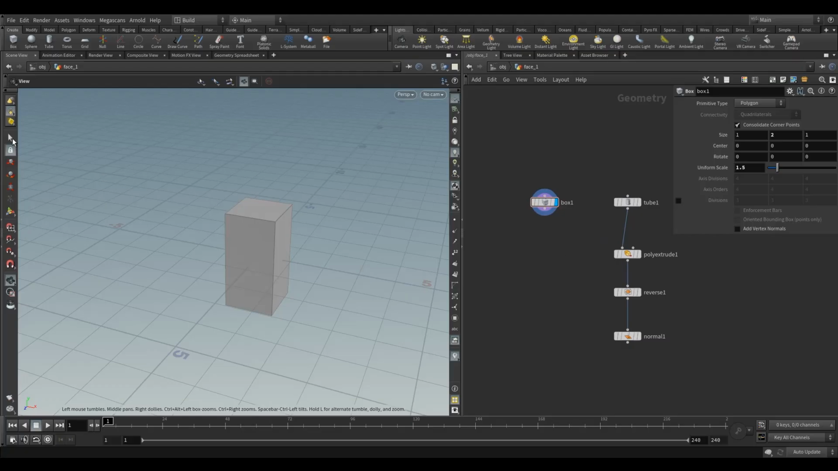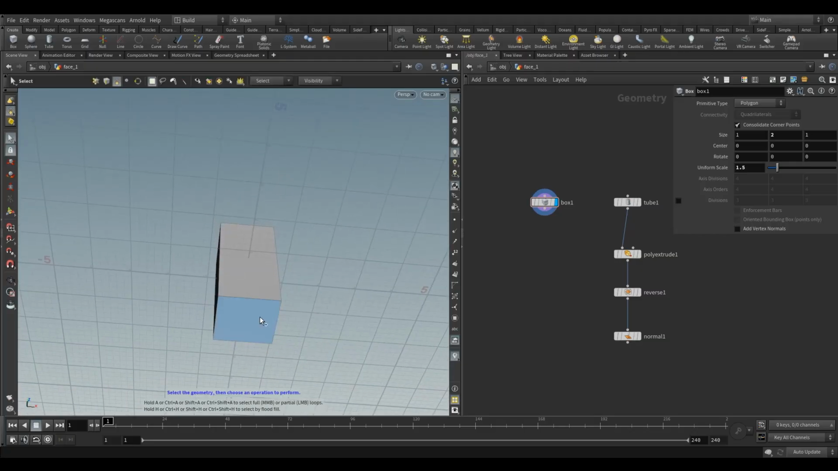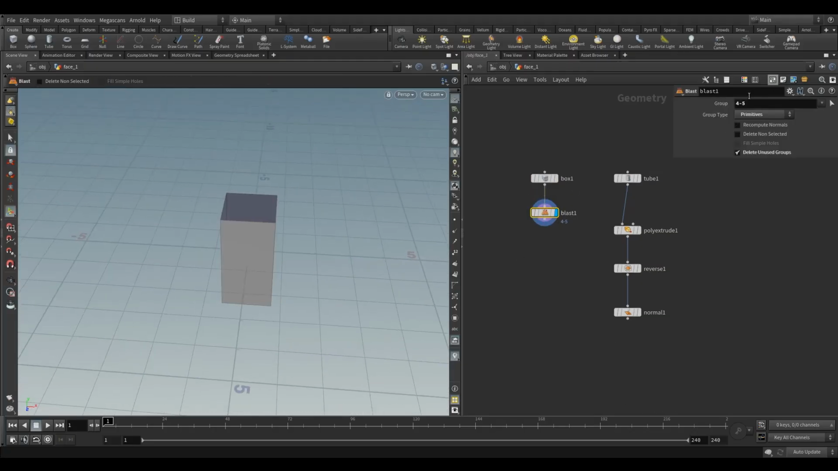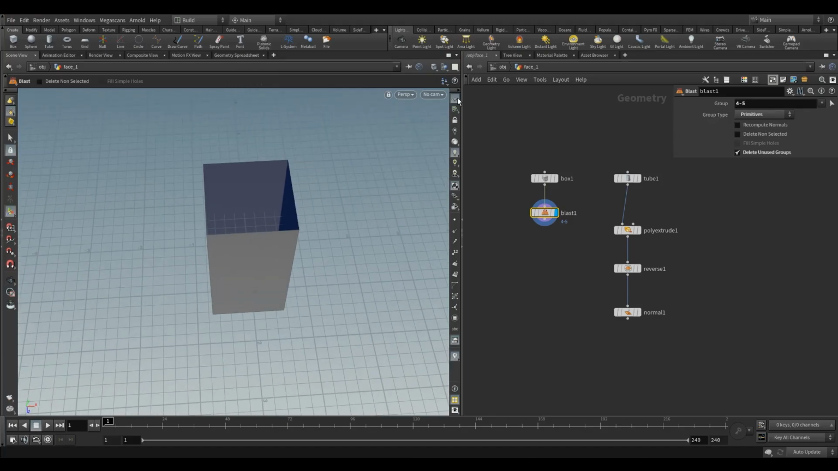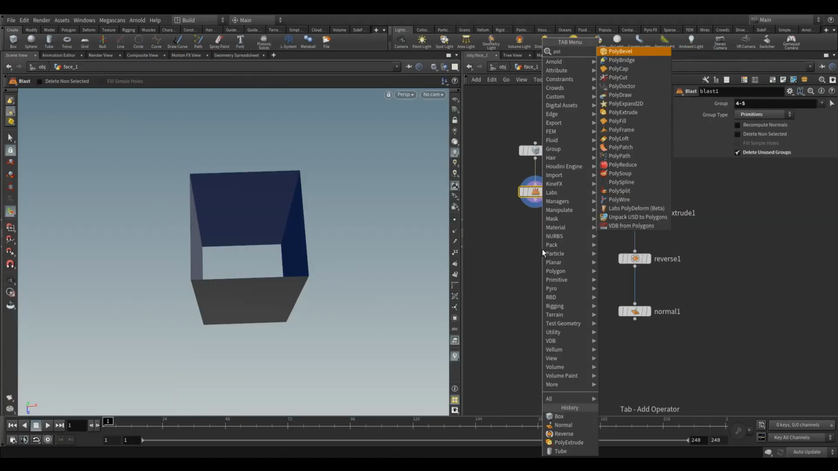Okay, and then I'm going to delete the top and bottom primitives. I want them all to be like tubes. Just like that, and then press delete on my keyboard. That'll give me a blast and select these two primitives. Let me get rid of this ground plane as well, I don't need to see that. And then another poly extrude